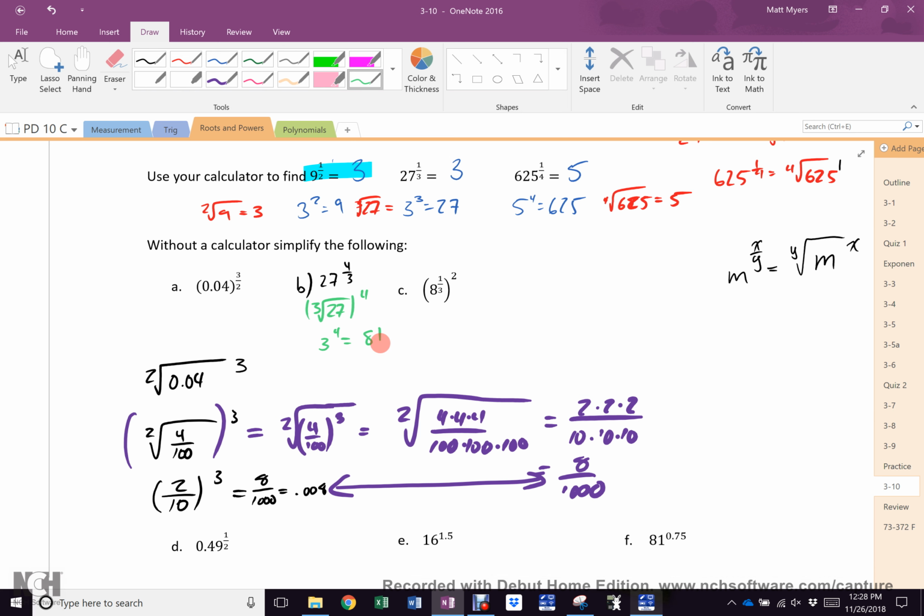I got lost. What is the cubed root of 27? 3, yeah. 3 to the 4th power, yeah, the power still there, is 81. Because 3 times 3 is 9, times 3 is 27, times 3 is 81. Yeah? Okay, now,